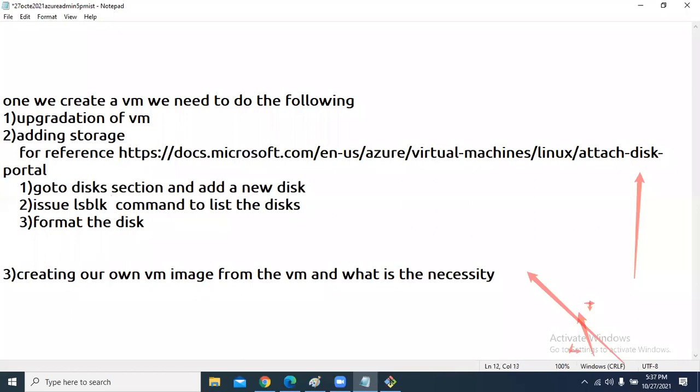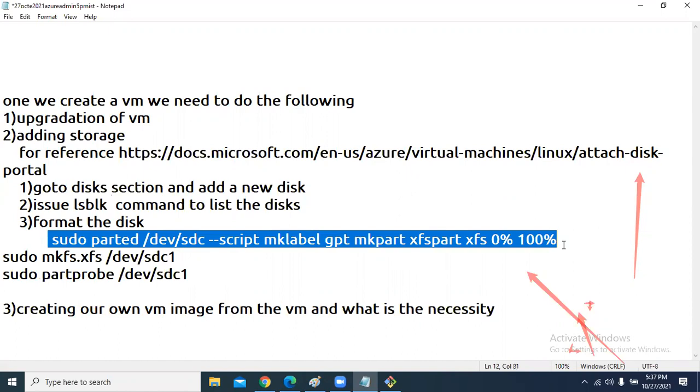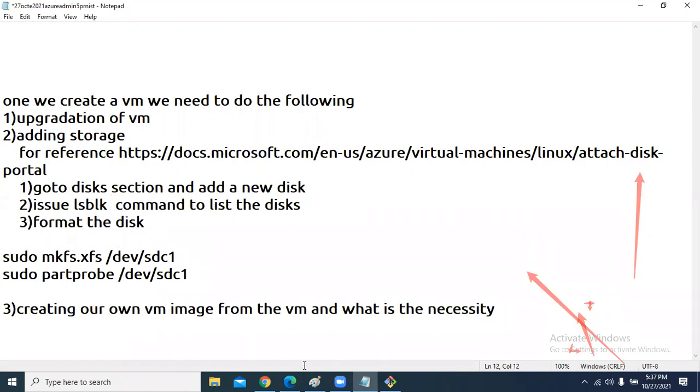The command is, I am going to remove all these things. These are not required. You need to write only sudo mkfs.xfs. xfs is a file system name, and the device sdc is the disk name to be formatted. Straightly you have to execute this command.